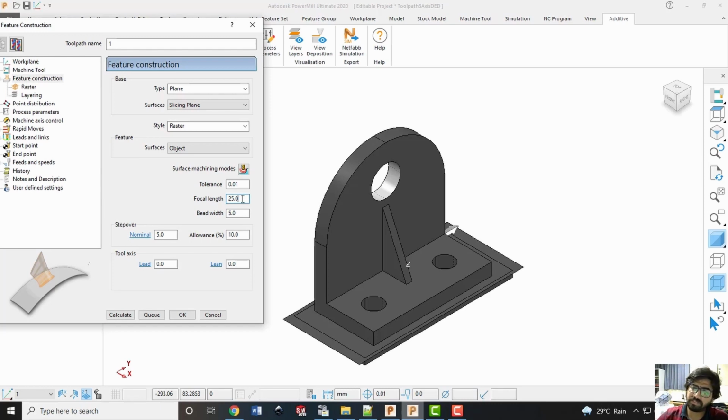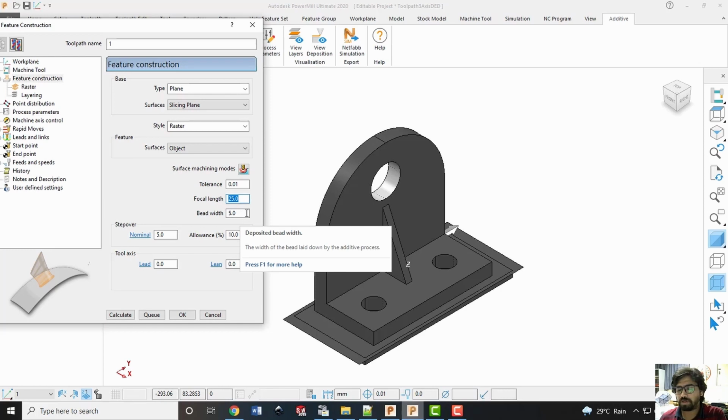In the case of a laser based system, it is called focal length. In the case of an arc based system, it may be called standoff distance. So it is basically the distance between the head and the substrate which you want to keep in order to avoid any collision. So it should be 25 here, and that is where you are getting your appropriate melt pool size.